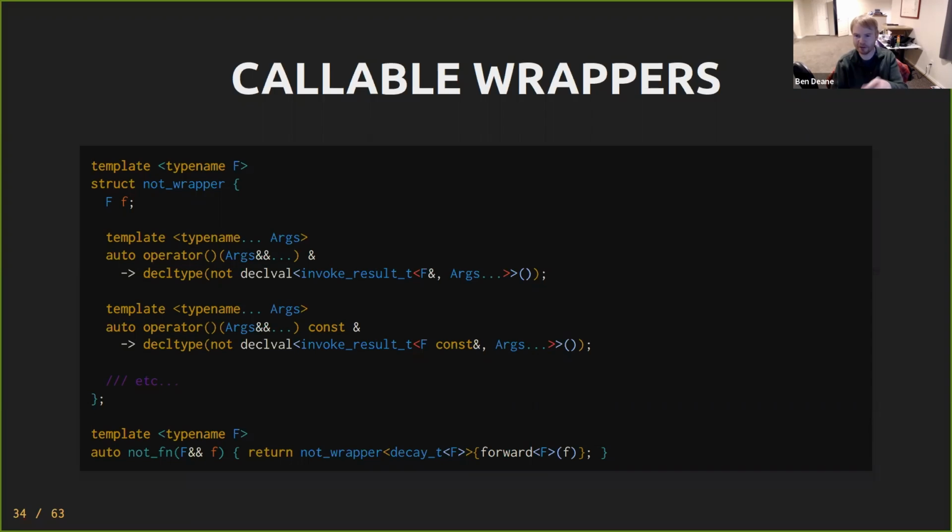Ignore the trailing return type business. That's just not that relevant. But you return a not_wrapper from notfun. You return a not_wrapper of decay T of F and you forward the F into it. Okay, fine. Well, I say fine, but then you come up against